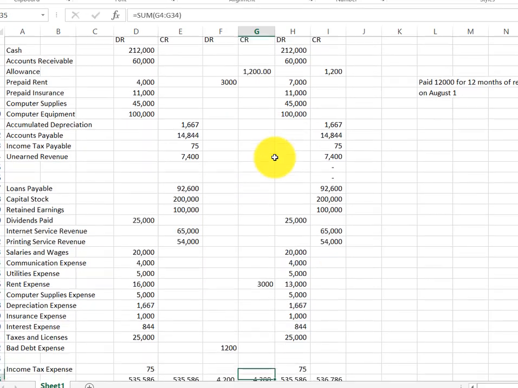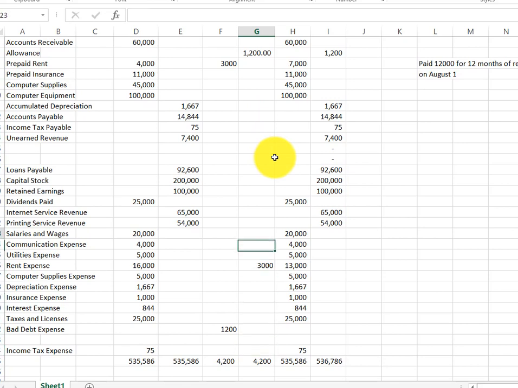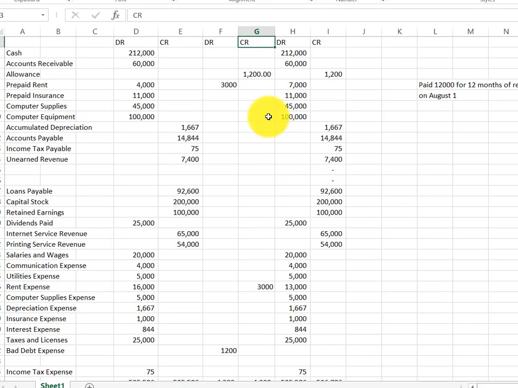And we're checking down here to make sure that our debits equal our credits. Okay, so that's how you might handle a prepaid. Prepaid insurance, same idea. Let's say we find out that we have a policy that we paid on